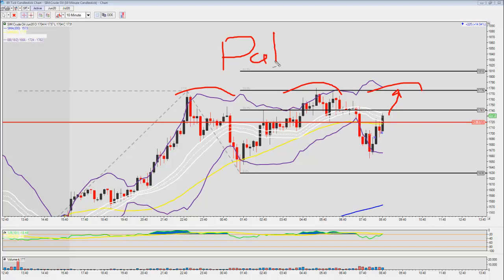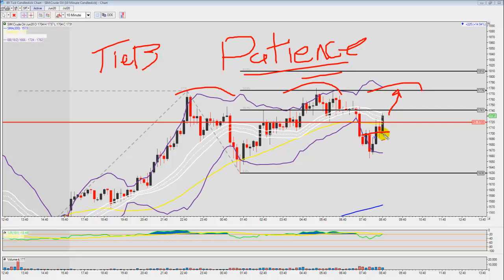Patience. It's my greatest weakness, by the way. So we traded our tiebreaker. We got a break even on it. And we traded at the open. Both there's kind of doing that. So even if it comes here,